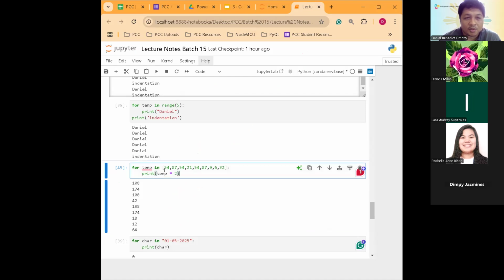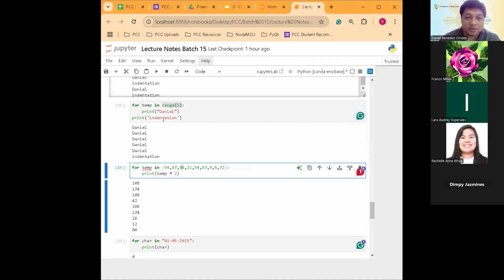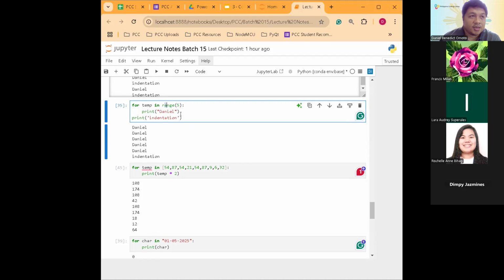So technically, this is what the range is doing. It's just giving out a sequence of numbers, but the point is you can modify the sequence of numbers that you want, right? Because it's a function. As long as the definition of the function is that it gives out an iterable object or an iterable list, you can use a for loop on that one,